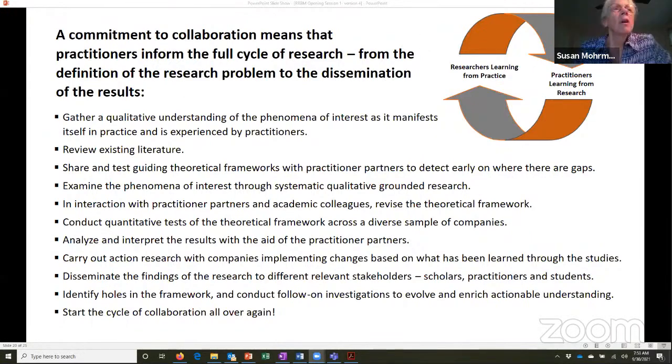Yeah, just very, very quickly, in the book, we do cover this kind of flow, which is a flow that we worked out early on in the history of the Center for Effective Organizations to do what we promised, which was to do research in a collaborative method. And you can see from the graphic that that means for us that there's a continual cycle of researchers learning from practice and practitioners learning from research. It also means for us that there's a way of doing research that systematically brings in both the theoretical underpinnings as well as the perspective of practice.